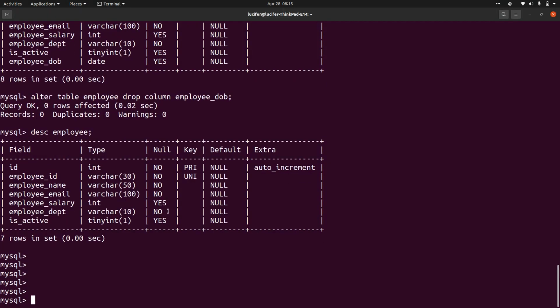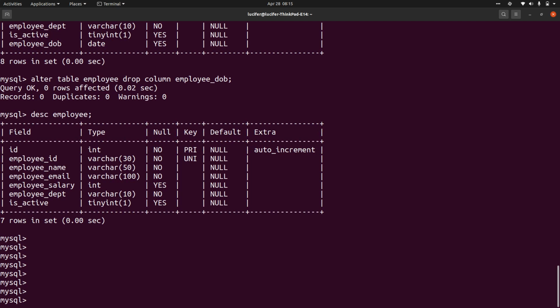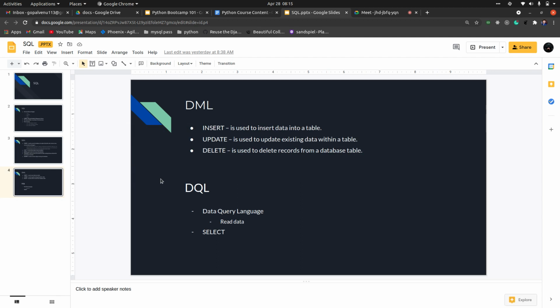Till now it was all about the structure, right? How to create columns, how to delete columns, tables, all these things. It's just about the structure of the table and the columns. Now let's talk about the data, right? How to add the data, how to delete the data, how to update the data. Currently our data is empty, we haven't added anything in the table, okay? Now we'll create some data and see how to check the data, okay?